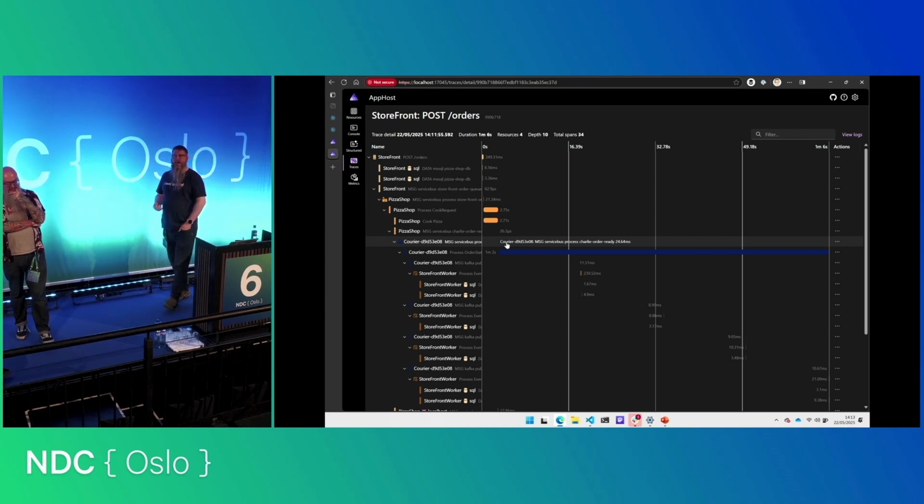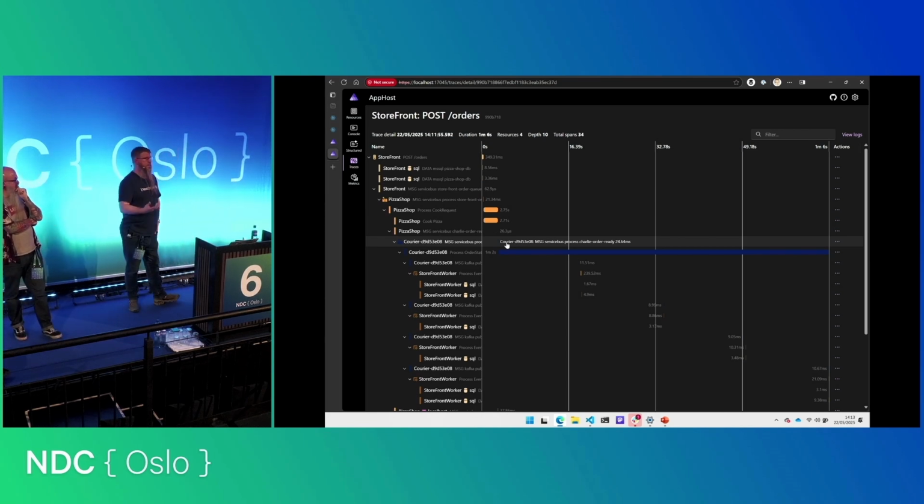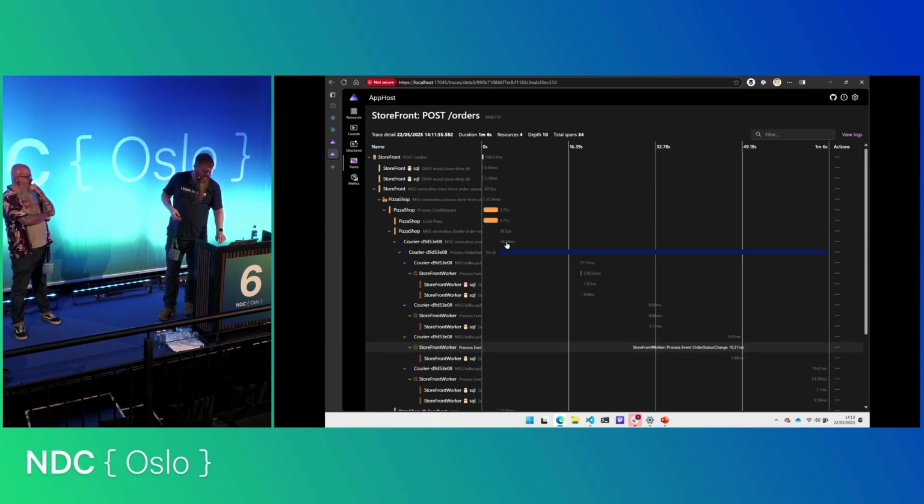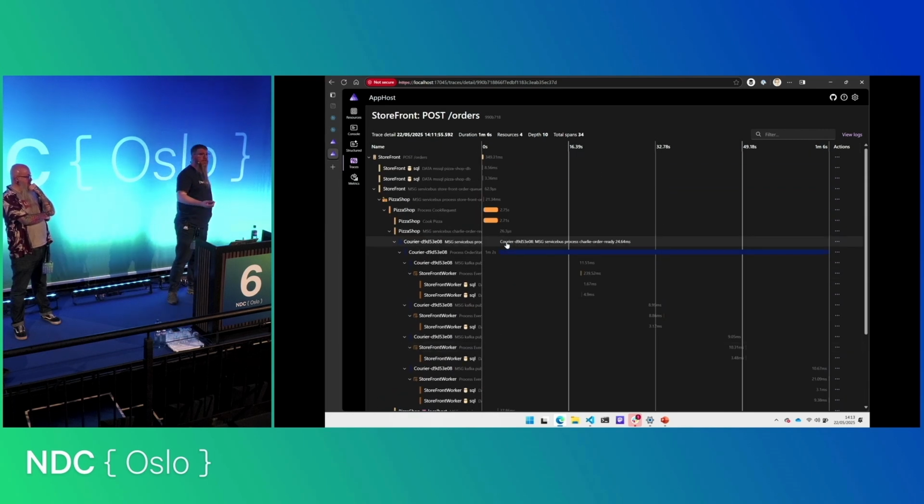Now, if I think about how I might debug a system like this, the flow of a courier and how a courier is delivering the pizza is a different thing to once the pizza's gone, when the pizza shop has gone out of my hands. We've now got a different activity, a very distinct system that is now running. To make that part of this one big trace doesn't really add value to me. But it is valuable to somebody, and it is valuable to see those two things in context at some times.